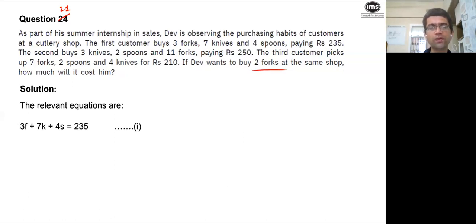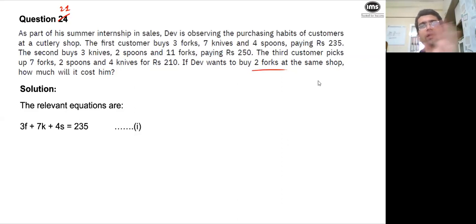What are the three equations? Easy to form equations. Suppose F is the cost of one fork, K is the cost of one knife. Now why are we leaving X, Y, Z? Because once I find a very particular variable, I should be immediately able to relate it to what I need. So if I assume X, Y, Z, by the time I find them, I would have forgotten what X, Y, and Z stand for. So I assumed F, K, and S.